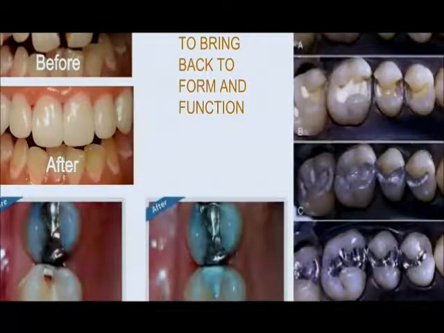So this right here, this before and after, was done with composite material. And that's a pretty beautiful result, I would say. So if you are this patient, you are very happy when all is done here. And here's a before and after showing amalgam. So this patient has a little cavity there. And then here's the new amalgam down there. Sorry about that thing on the bottom. And then with this series, we've got some decay in these teeth here. And here the supplemental material is showing. So supplementals are things that we put down before